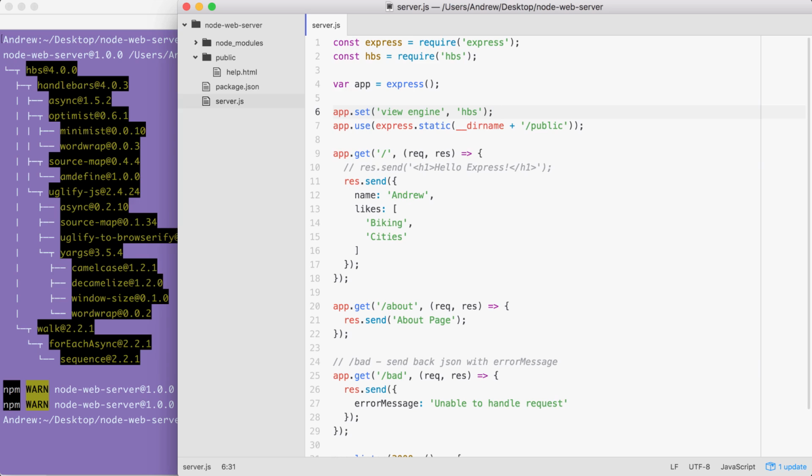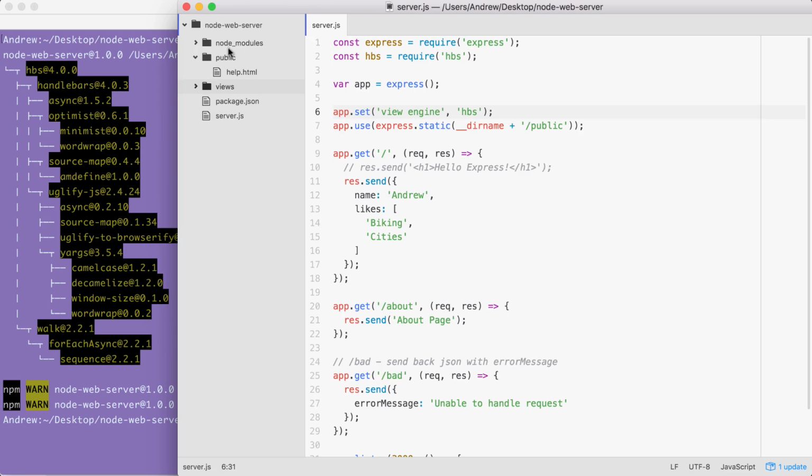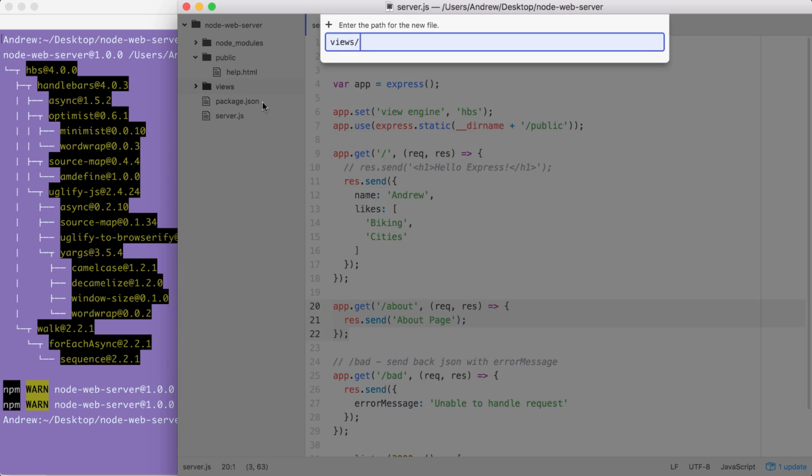Now, in order to create our very first template, what I'd like to do is make a directory in the project called views. Views is the default directory that Express uses for your templates. So what we're going to do is add this, and then we'll add a template inside of it. We got a directory called views, and inside of views, we're going to go ahead and make a template for our about page. Right here, a new file, and the file name is going to be whatever you'd like, in this case,